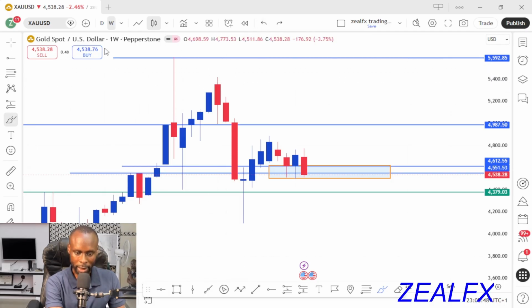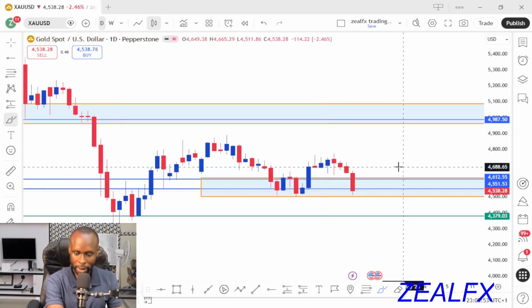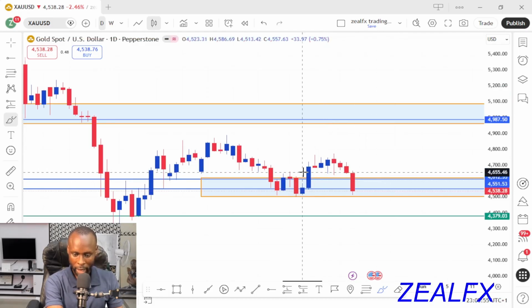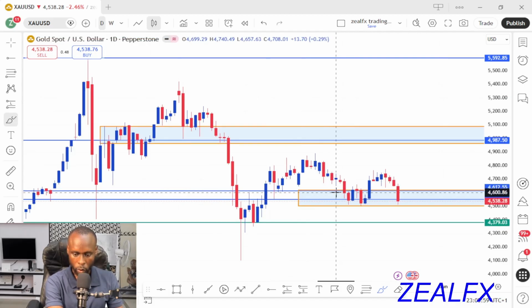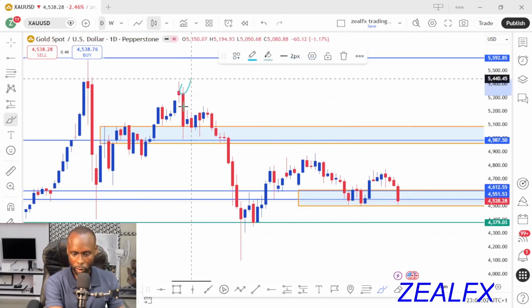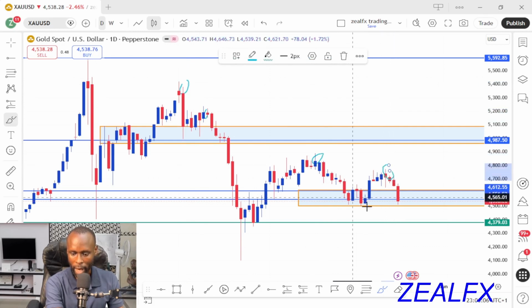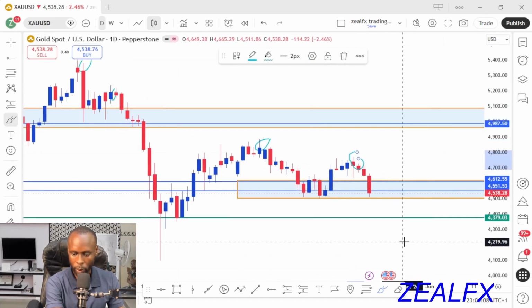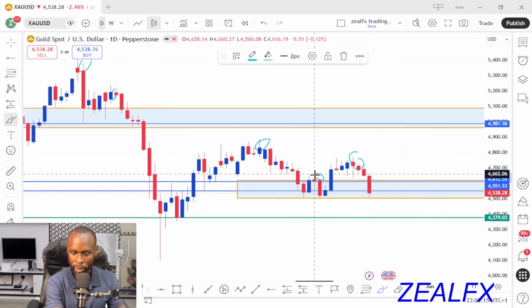So let's look at the daily chart of the gold USD. On my daily chart, you can clearly see that we have the trend on the gold on a downtrend also, which is price creating a series of lower highs on the gold USD. So long as we have this series of lower highs, we see it remain down on the gold USD. So what do we expect this week to happen on the gold USD? We need price to come to this resistance area for us to sell the gold to the downside, because currently